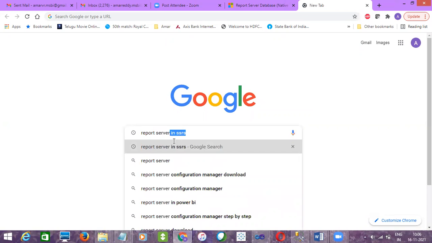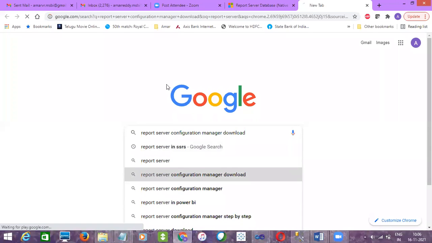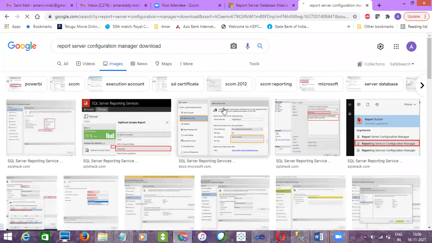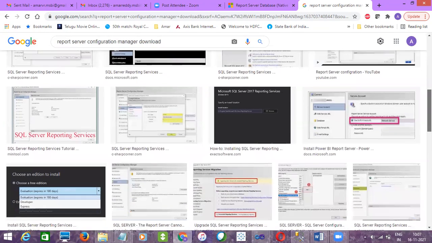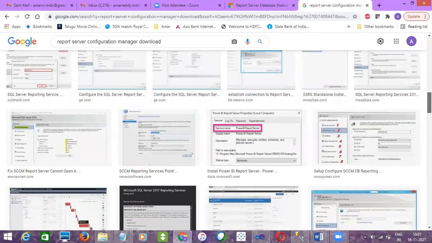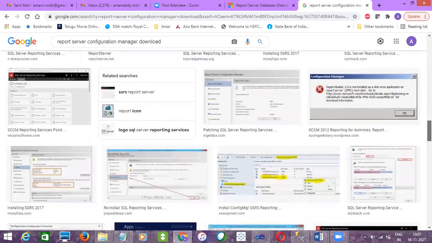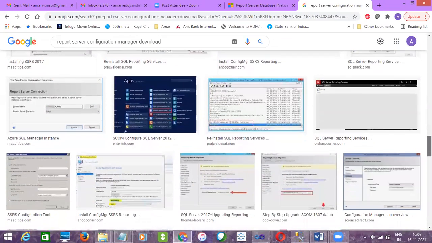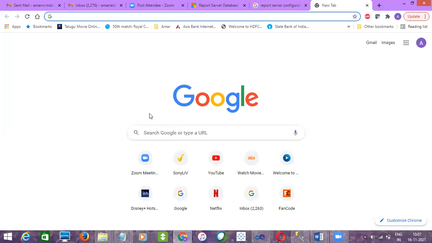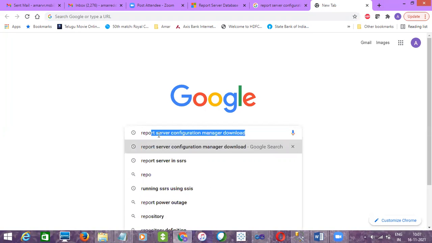I'll show you how you need to upload it. These are the setting related things. So I just need to view the report server images.